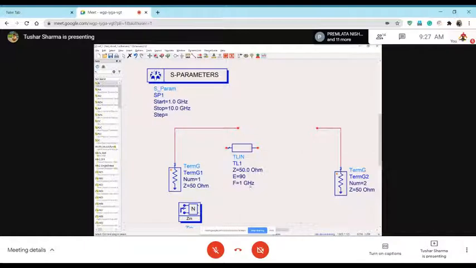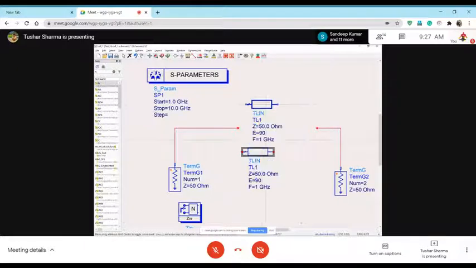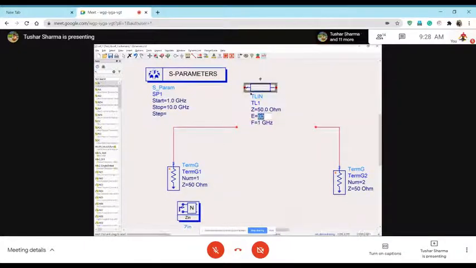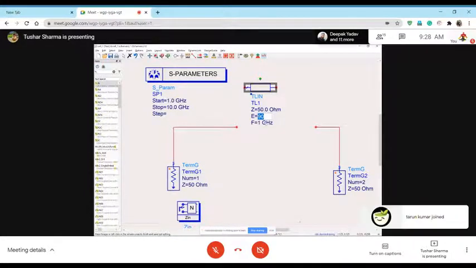Okay, so I told you last time two things. A transmission line will have Z, which is the characteristic impedance, and then it will have electrical length, which is equal to the length of this line. This transmission line is an ideal line, so this electrical length is in degrees. When we study the Smith chart in the next classes, you will understand the significance of this. Electrical length is usually given by beta L, which means 2 pi by lambda times length, right?